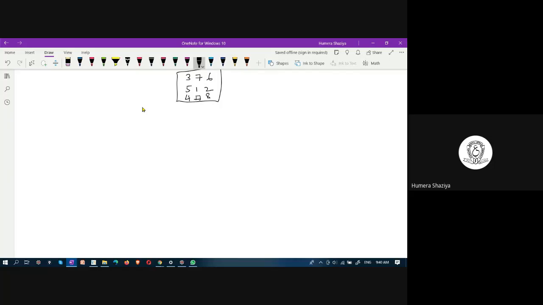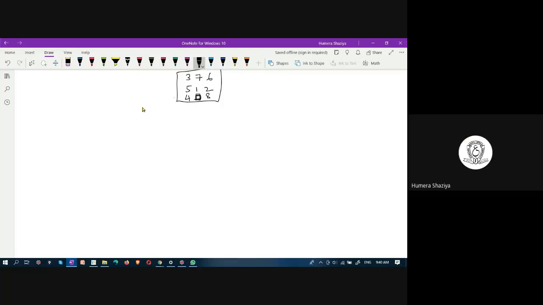Will you tell me, in this case, what are the next states that we obtain? Swapping the empty cell with one, ma'am. We can do anything here. Did you understand the problem? This empty tile is there, no? Yes. Now, what operators can you apply to this empty tile? Up, left, and right, ma'am.